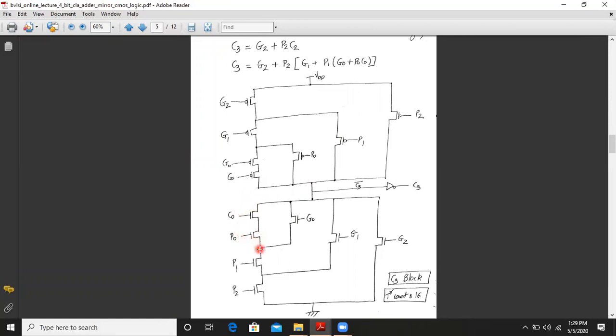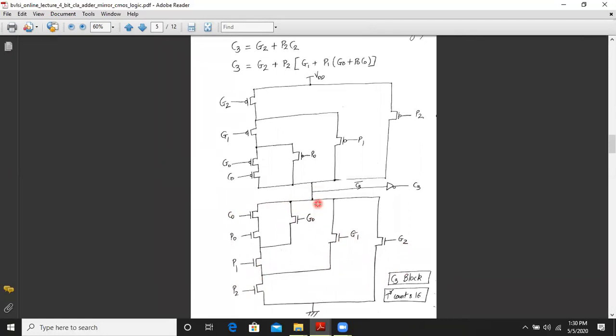Now these two series transistors are in parallel with another NMOS transistor with the input G0, and these two combinations are in series with a NMOS transistor with the input P1, and this entire network is in parallel with the NMOS transistor with the input G1. Again, the whole combination is in series with the NMOS transistor with the input P2, and the entire combination further is in parallel with the NMOS transistor with the input G2. So that completes the implementation for the pull down network.